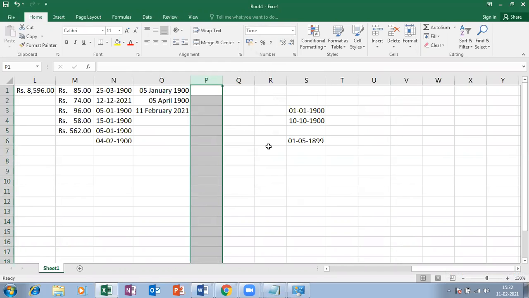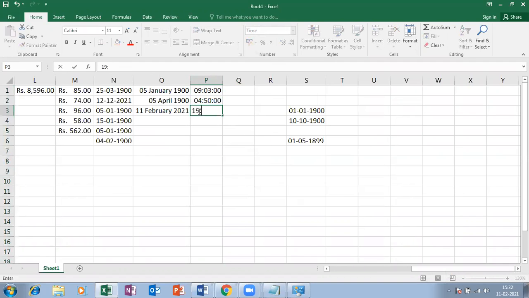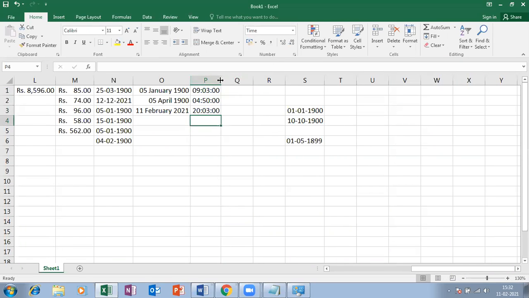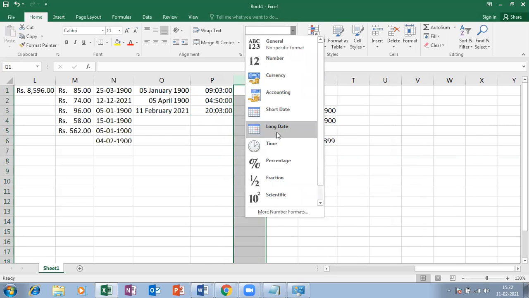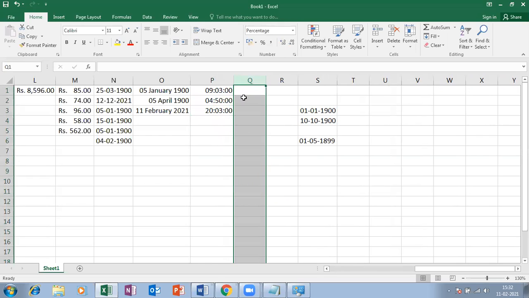Time. So whatever I enter, it will be converted as a time. And here I'm going to convert that as a percentage. Once this column is formatted as percentage, then whatever values I'm entering will be converted as percentage.